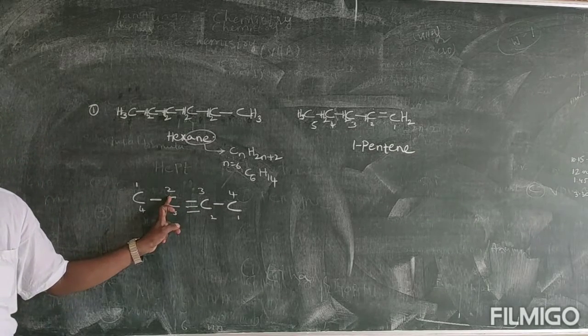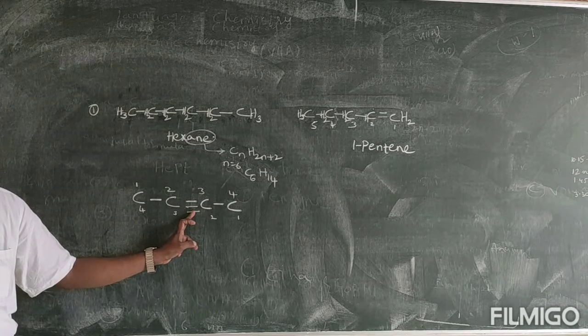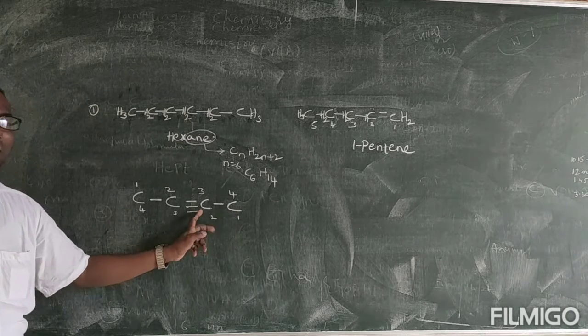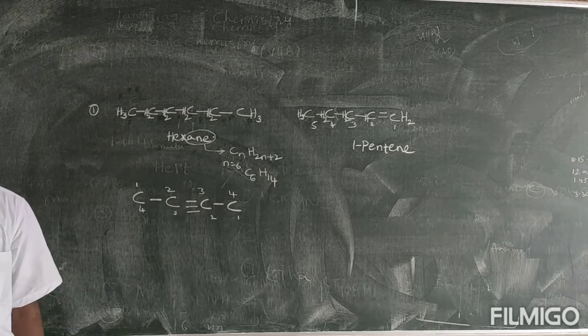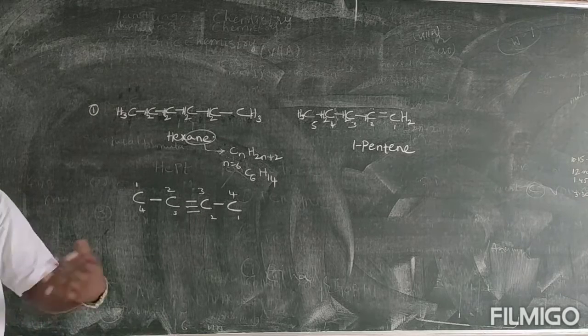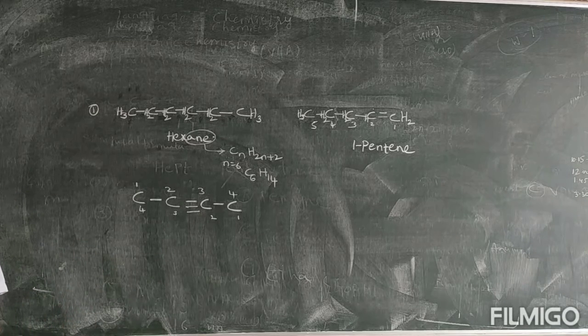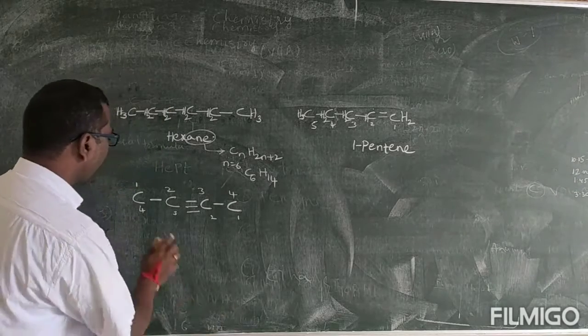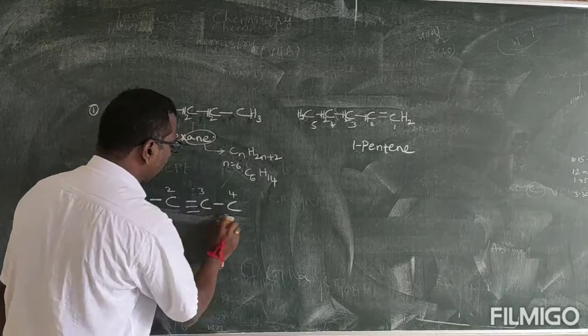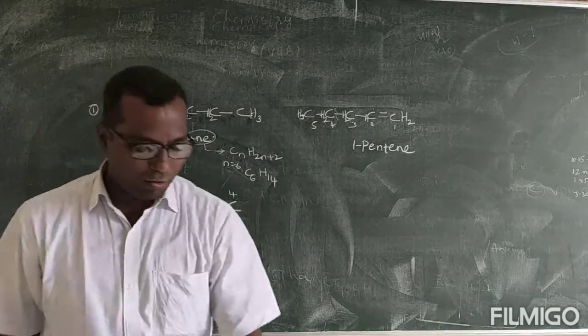This is the second carbon, it is getting the triple bond. From here, this is the second carbon, this is getting the triple bond. The least number it has to get. Have you understood now? So, just note down in your notebook